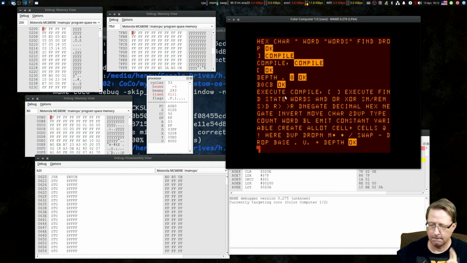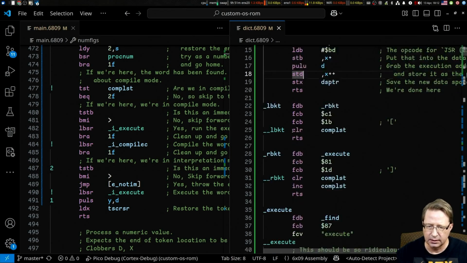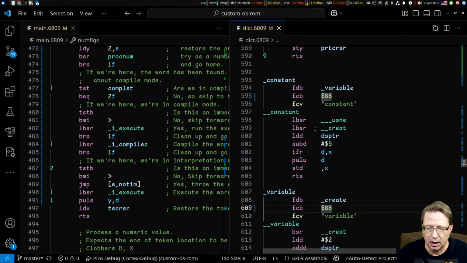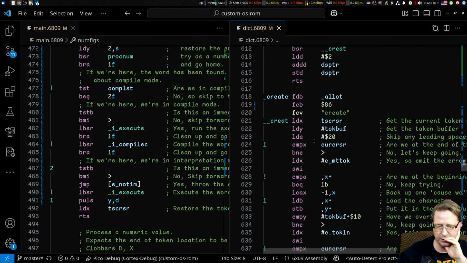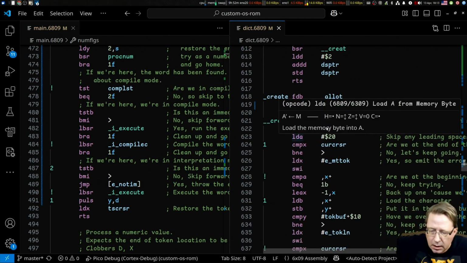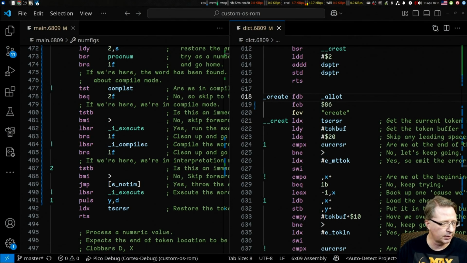So I already have create, which branches out there. Variable, okay, constant does that. Variable branches out to create. So on colon, I actually want to branch out to create as well. Okay, so here's the trick. Colon needs to put me into compilation state. Colon also needs to set up a, let's see, what else do I need colon to do? Colon needs to set up the compilation state. It also needs to,